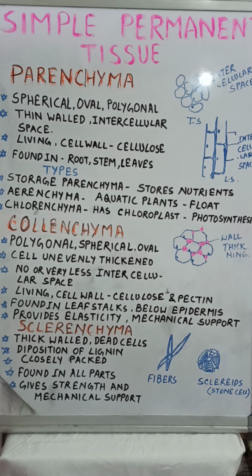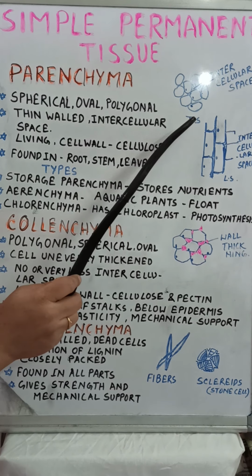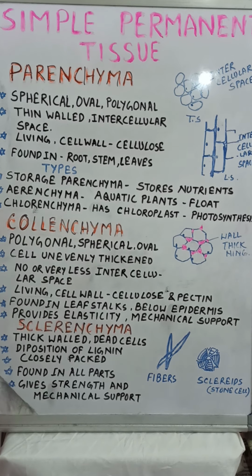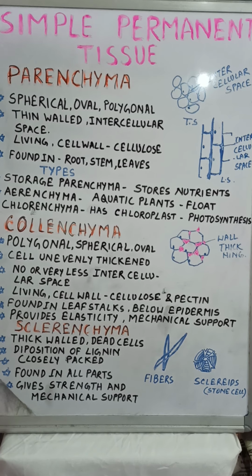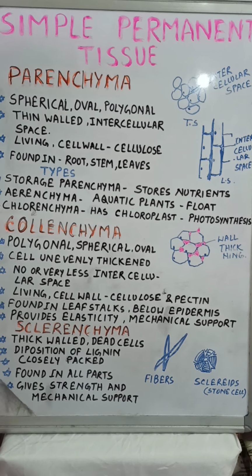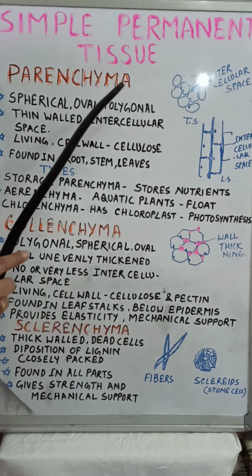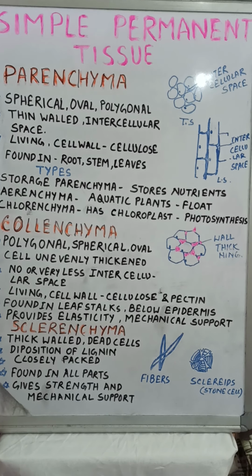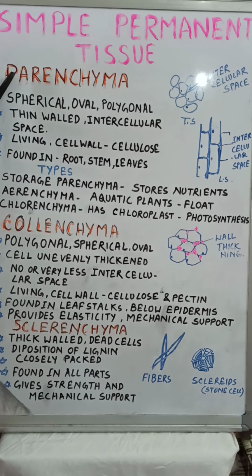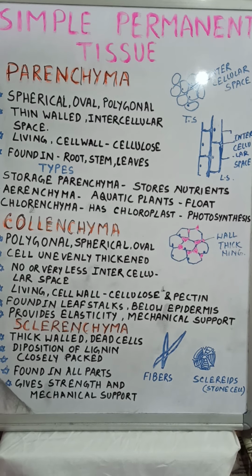Now, in your book, you will find two diagrams, the TS and the LS. What does TS mean? TS is the transverse section. When you cut it horizontally, it is the TS, and when you cut it vertically, it is the LS. So this is about parenchyma. Let us move on to